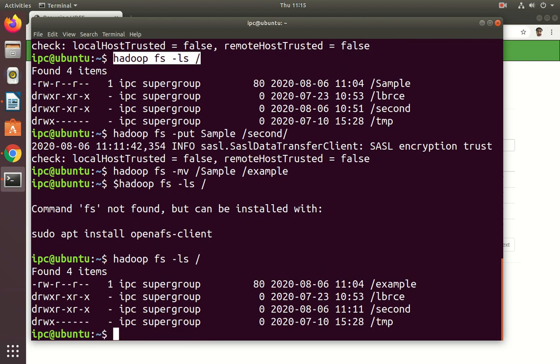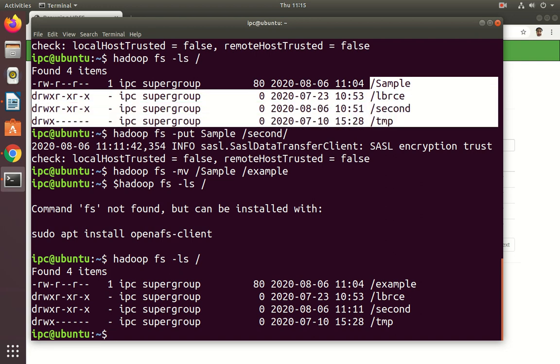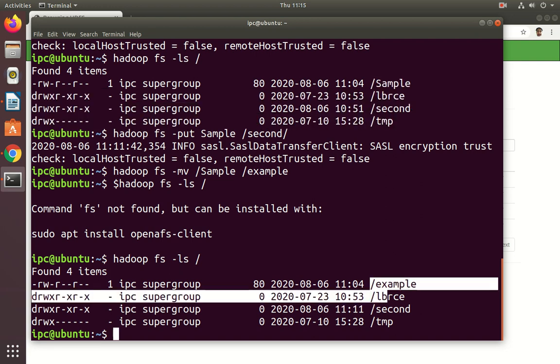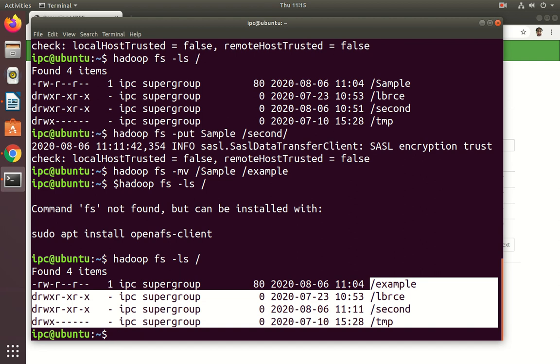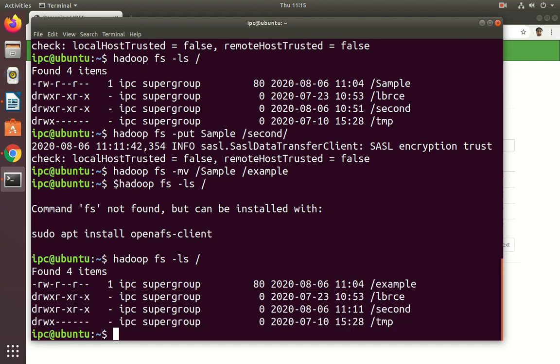See, you can check here. Previously we had sample under lbrc second temp. Now the sample is renamed to example. So I just renamed this sample to example. Next I am going to move this example from here to the second directory, which was created earlier by us. Now,